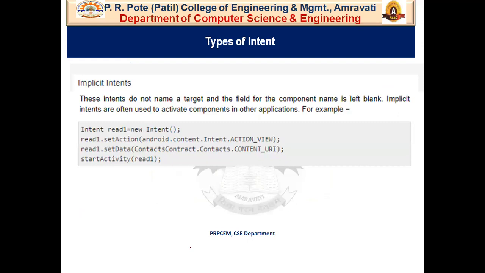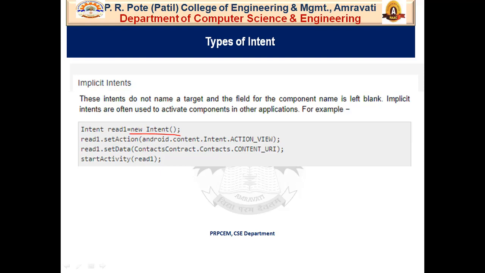Now say I want to start an implicit intent. By implicit, I mean intents that are predefined. Like in these intents, I want to fire a constant. How do we do that? I will create a new intent.